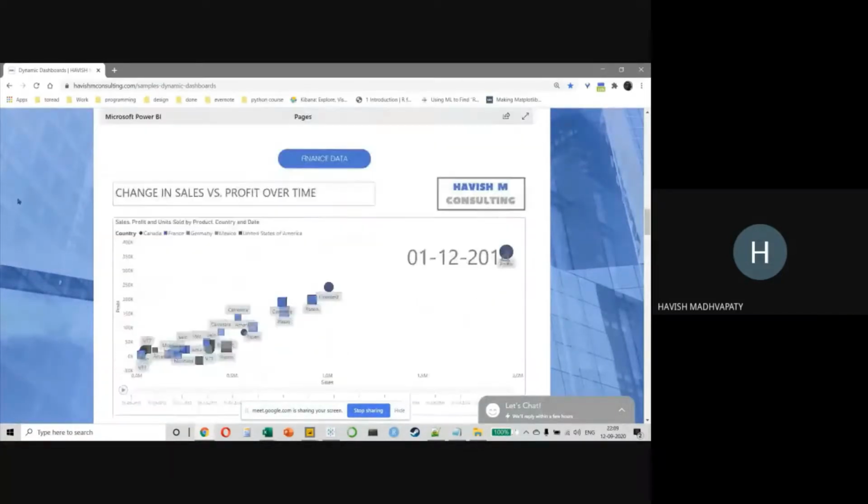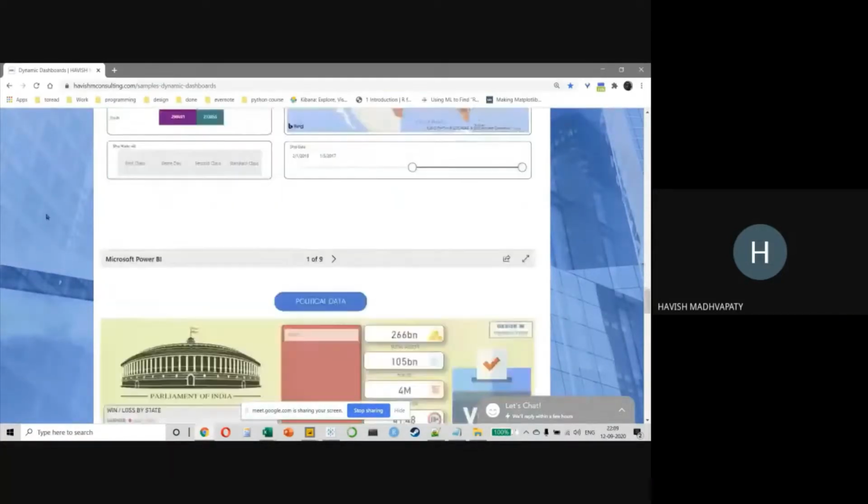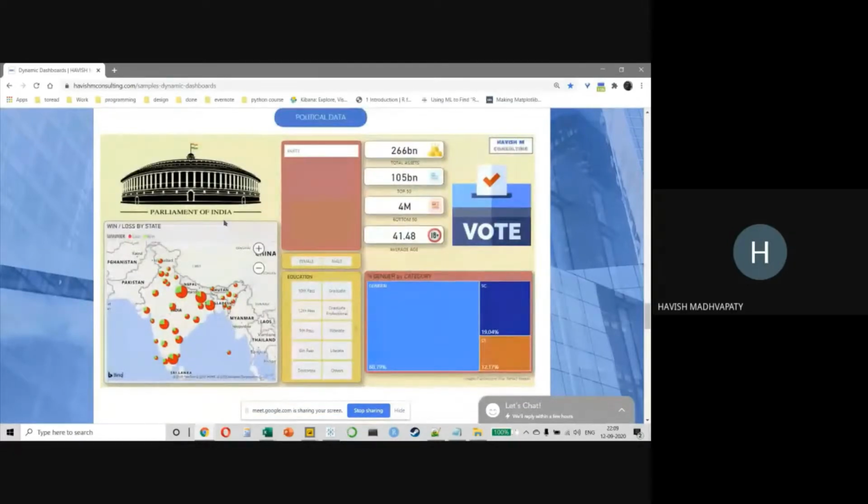Then I was doing some government work recently for BJP. We were looking at the last national election. We want to see the win-loss percentage and the assets. And believe me, guys, this number is not fake. This is the real number. In the 2014 national election, the total wealth of the electoral candidates was 266 billion. Just crazy, right? The top 50 people had a wealth. In Andhra and all, the top guys have like 3,000, 4,000 crores with them, right? And this is all official data from the data.gov website.